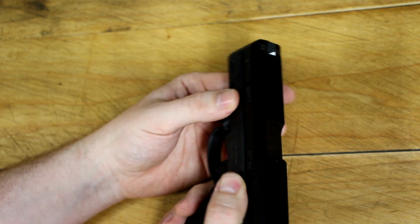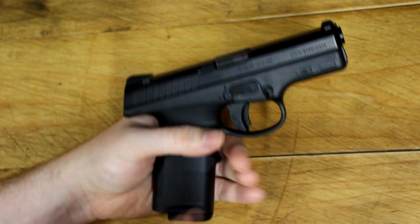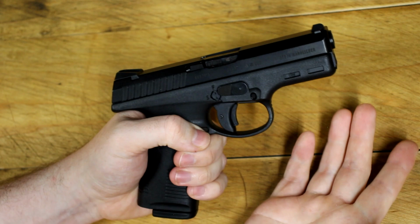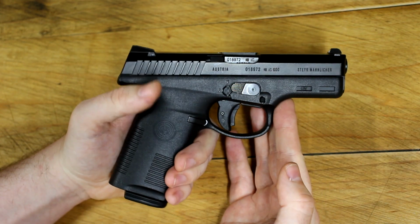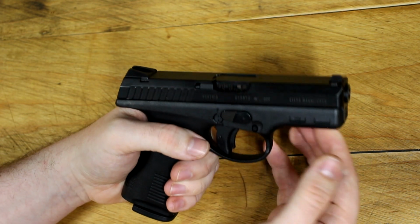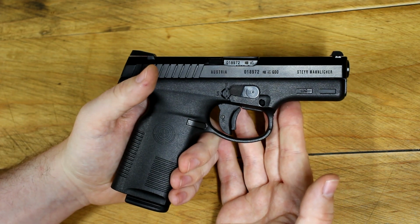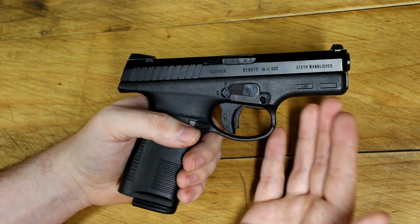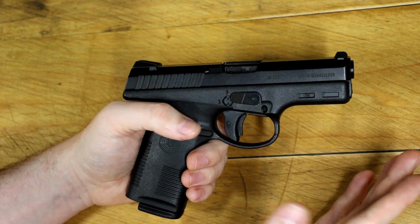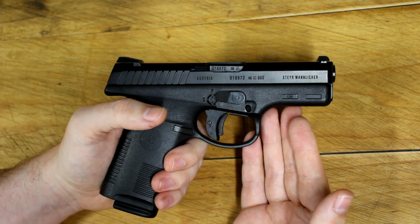That was probably one of the reasons that these things failed, though, is it was a weird gun from a company that not many people had heard of. It had a manual safety, which was not necessarily a popular thing at the time when these came out. I believe in 1999 or early 2000. It was not necessarily a feature that everybody wanted on a handgun. So due to that and the lack of Steyr's marketing department in the United States completely,